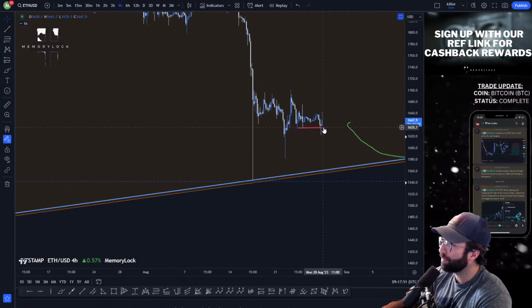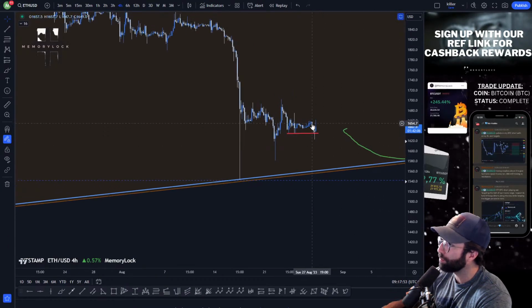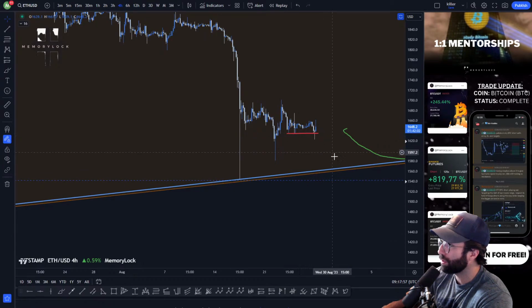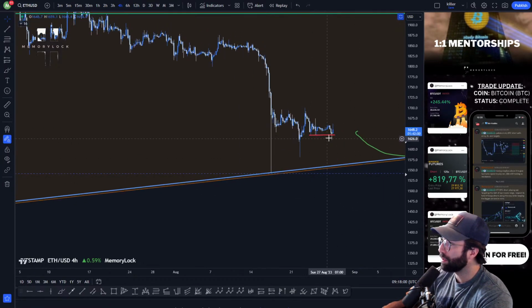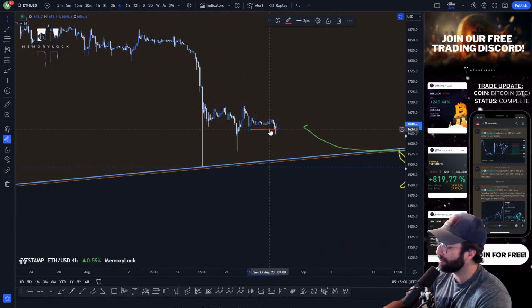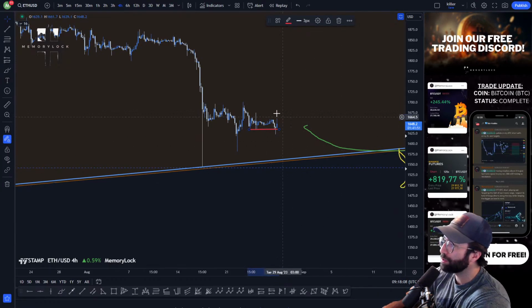We did get a swing failure on the 4-hour time frame, but again, we could have just swept these highs, and really that could be it, and we can just get a range. So we'll have to take it bit by bit here. Really, right now for me, there's no actionable trade. Like I said, I've already met my risk parameters on my long exposure. Not really interested in adding any more here.